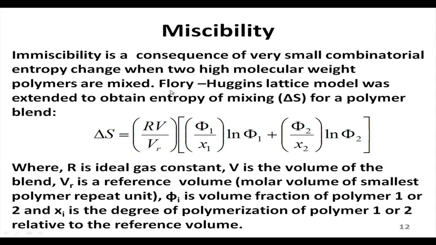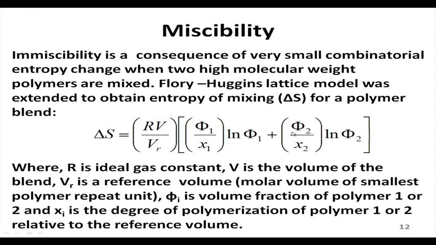Now, if we use the Flory-Huggins lattice model in order to obtain the entropy of mixing delta S for a blend of two polymers P1 and P2, we can use this equation: delta S equals R V by VR into phi 1 by x 1 ln phi 1 plus phi 2 by x 2 ln phi 2,